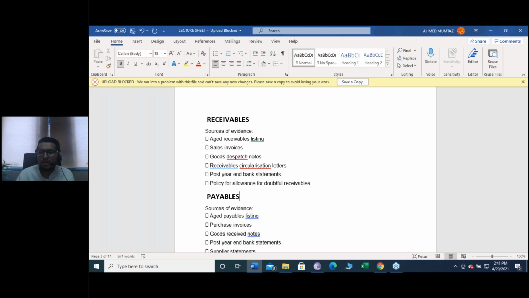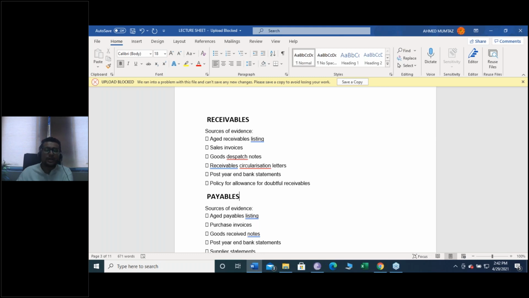So just imagine you are auditing Ahmed Company Limited and they have recognized receivables of 5 million. Out of those 5 million, one of them is from company X and the value is 1 million. If that 1 million does exist and if the valuation of 1 million is correct, after the year end, that is the post year end, let's say the year end is December, so let's talk about January or February, that amount of 1 million should have been received by the client after the year end.